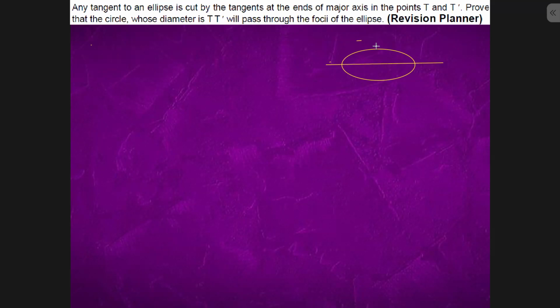We are told that the tangent at any point and the tangent at the major axis will cut at a point T dash T. Then if we take a diameter T dash S diameter,